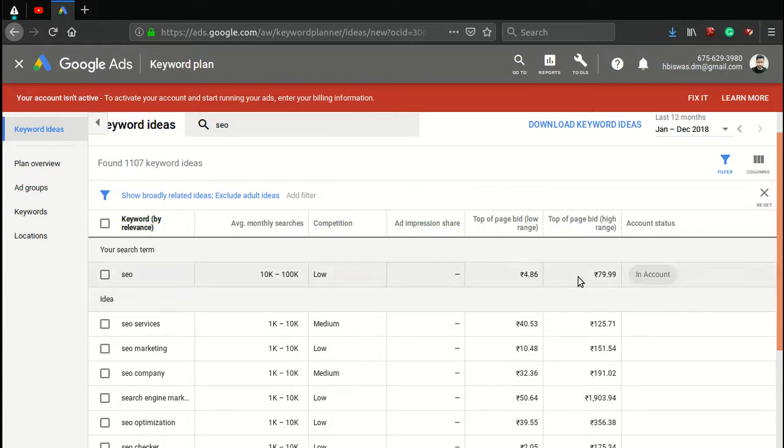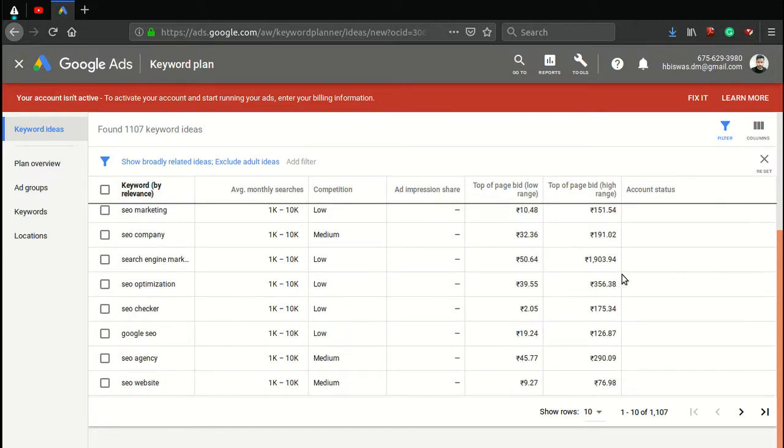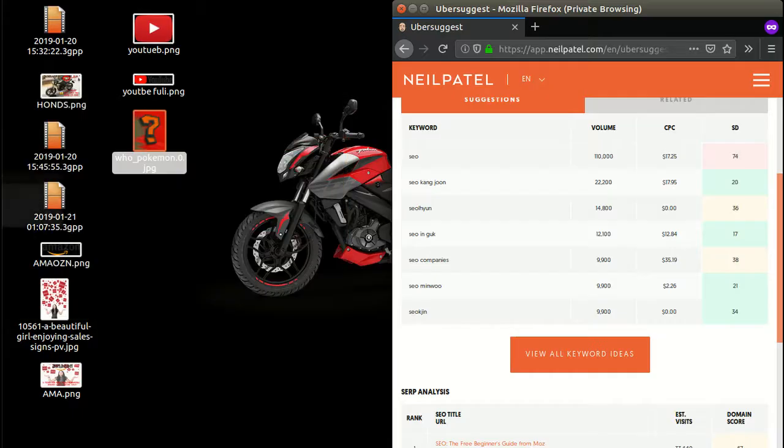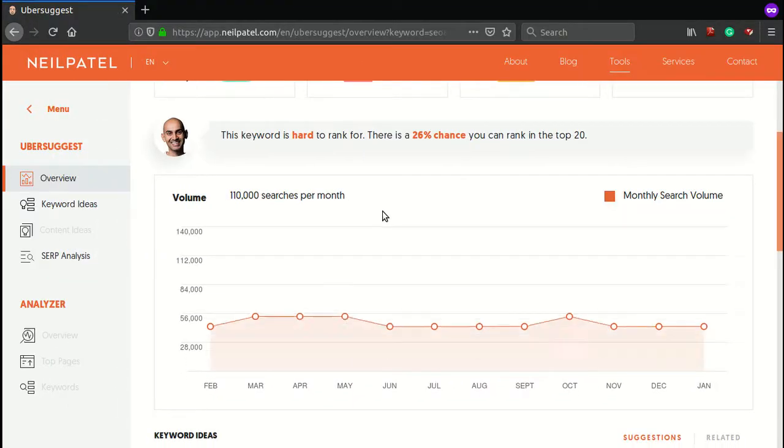Everything is kind of an overview with very little information, very rough information that can help you grow and find the exact keyword. You can feel there is almost no information if you compare it to the best tool, that is